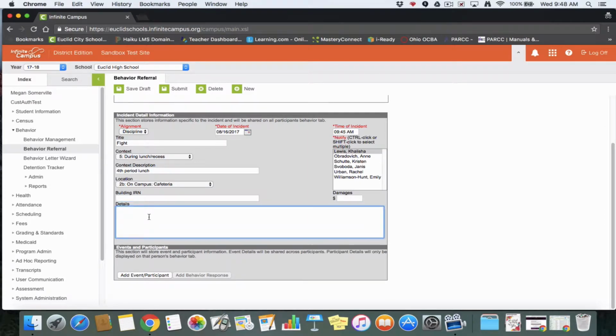Now, in this details box, it's extremely important that you do not have any student names in this details box. No student names whatsoever. So I'm going to say student A took a container of chocolate pudding from student B, and then student B punched student A in the face, as one would, of course. Then both students fought until they were